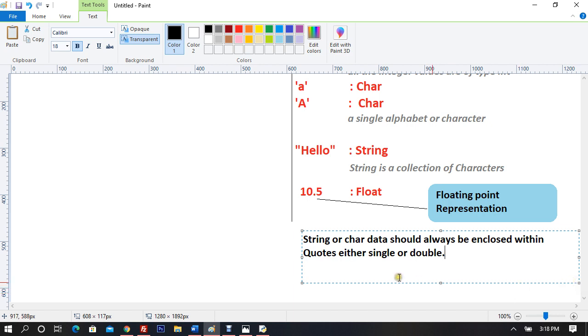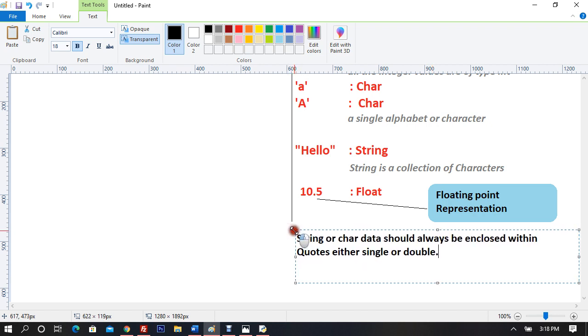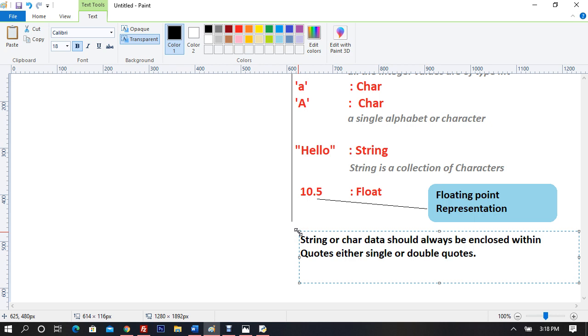Either you can use single quotes, or you can use double quotes, right? So just like this, or this. Example is going to be "hello", right? Or single quotes, 'hello', right? So this is going to be a string. And an example for char is going to be 'h', or you can say capital 'H', right?